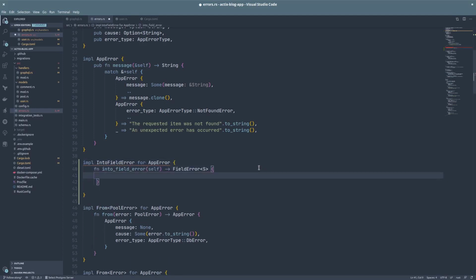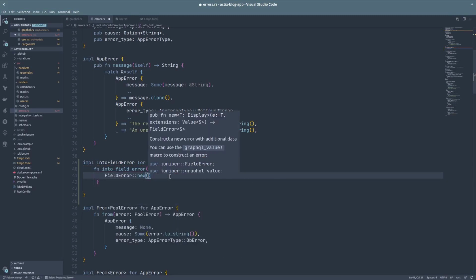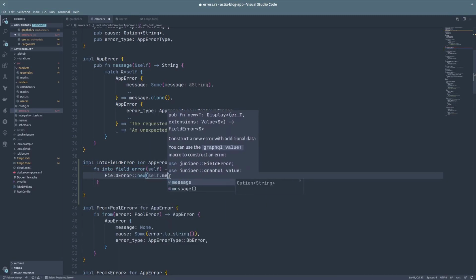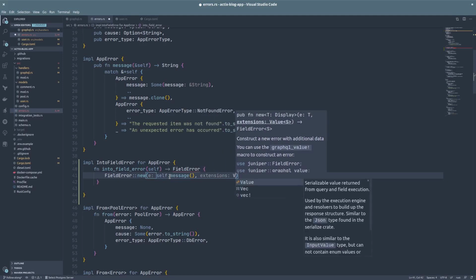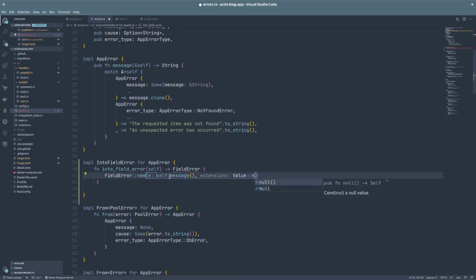We can remove this generic type here and create a new instance of field error with the actual message that will be the result of the message method from app error. And the extension is just an extra metadata for the field error. We don't need any right now, so let's use the value null here.